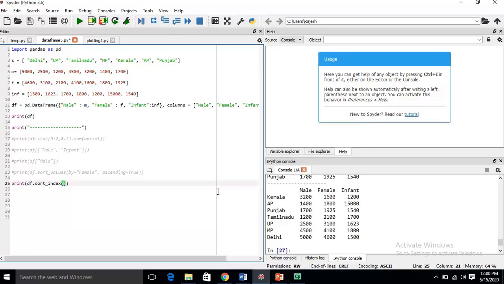The only thing we have to write is ascending order. The data is in ascending order of row index: AD, AP, Delhi, Kerala, MP, Punjab, Tamil Nadu, UP. This is in ascending order.